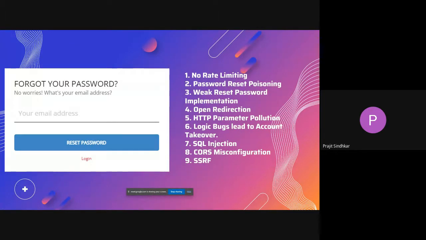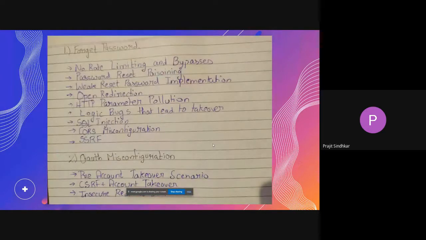So for those beginners, what you can do, you can make a notebook and write it like this. Okay, so my target is there. Well, if I get forget password, I will try this. Then I can check them. Okay, this I found, this I didn't find, this I tested, this I didn't test. Okay, all these you can tick mark and cross easily.